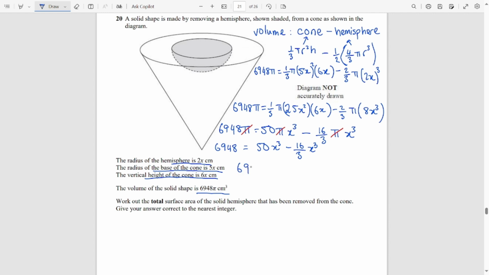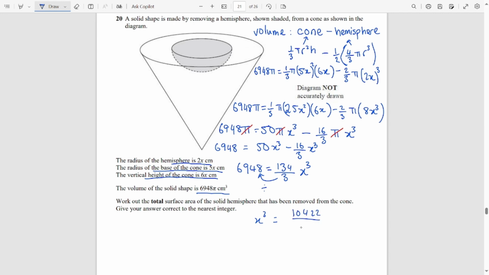So you have 6948 is equal to, and you do 50 minus 16 over 3, and you get 134 over 3 x cubed. And you can see now we're really close to working out what x is. So now I'm going to do 6948 and I'm going to divide by 134 over 3 and I will work out what x cubed is. So when you do that division, you will have